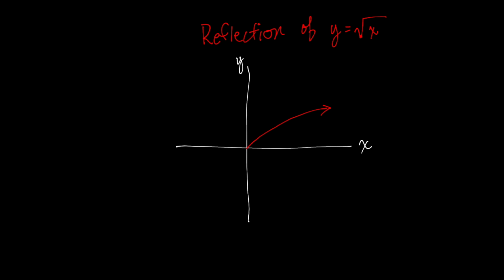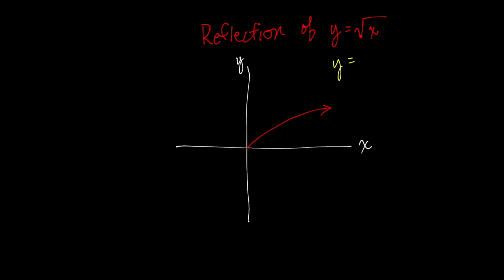So the last type we'll look at, the last type of translation, is a reflection. So the image itself is not changed, but it is flipped or reflected across either the x-axis or the y-axis. What causes the flip is where we put the minus sign. So suppose I have